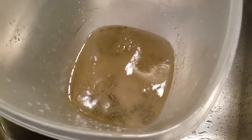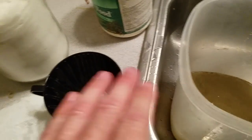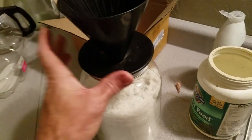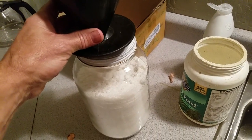You can see the stuff floating. There's stuff that would clog the filter. So usually after one full pour, it would drip in. I would have the water here to drain into there. And then what I was doing is